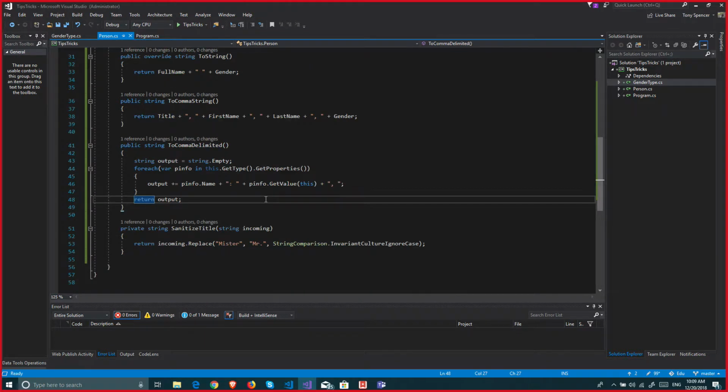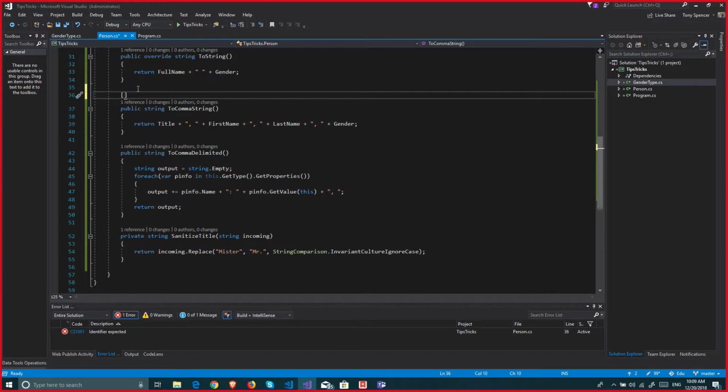So that's really nice. But here's the next trick that we can use here. Now I've got two implementations. I got ToCommaString and ToCommaDelimited. And they're a little bit different, and one's definitely cooler than the other, and we like the reflection one. So what we want to do is tell people that we're not going to use ToCommaString anymore. So I'm going to let people know, cool people use the ToCommaDelimited version,